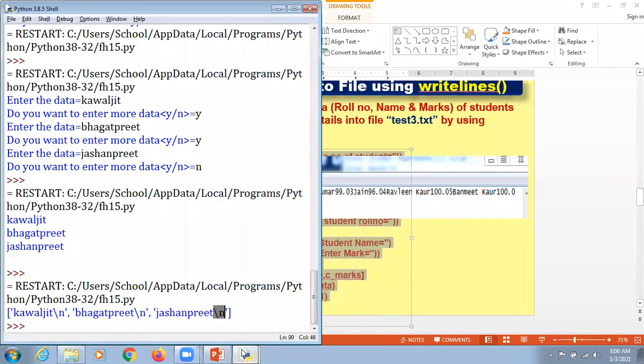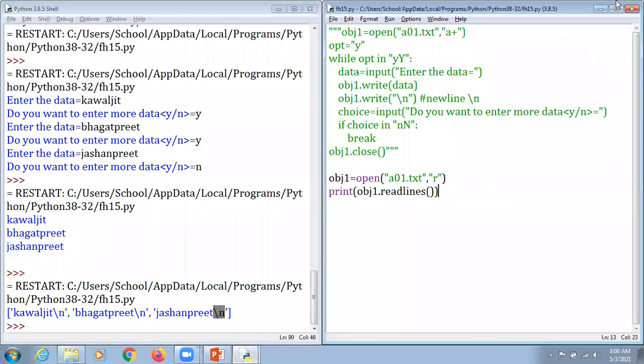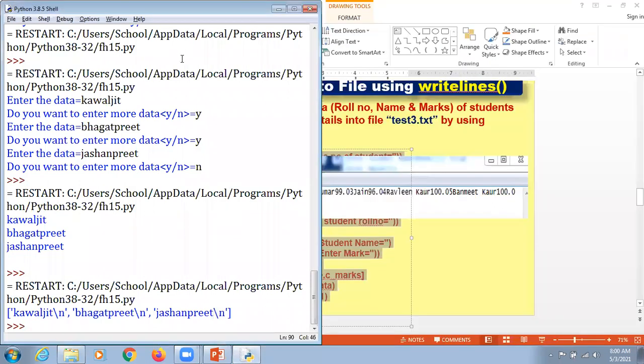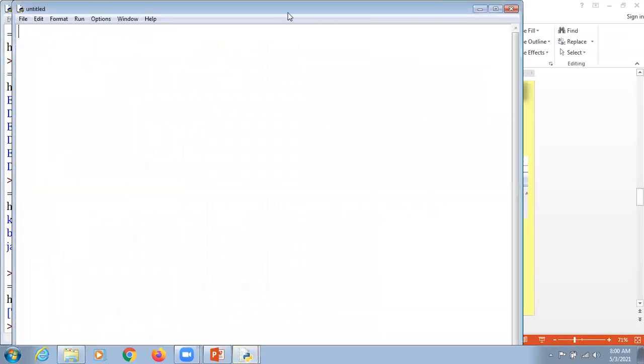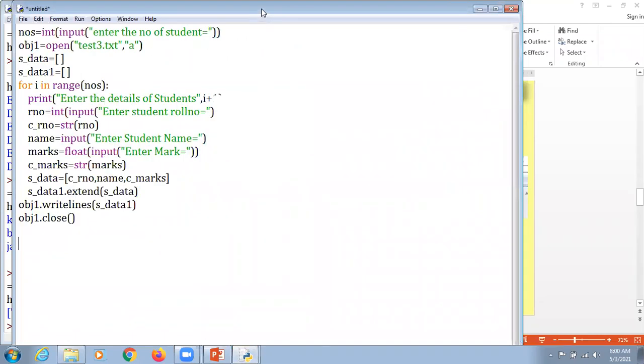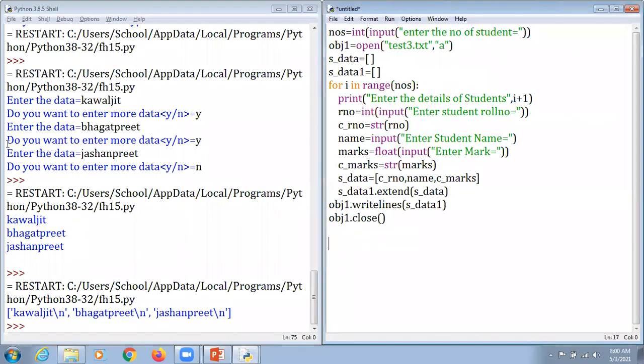So this is a shell and this is a program. We are supposed to close this and open a new program here. I'm just going to save this and paste this information on the screen here. And my dear respected students, kindly concentrate. I'm just going to change it to test0.txt.